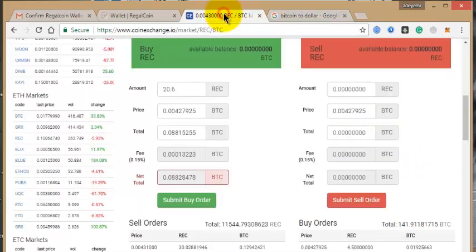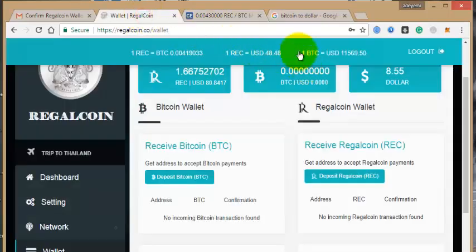1019. It depends on the price of Bitcoin then and the Rega coin, because you might log into your Rega coin, you might not see this price. It might go lesser than this 48, it might be higher than this 48. It depends on the price. You know, this is a volatile stock, so it depends on the price then. So if it is any amount you see there, you just need to divide it by the amount of dollars that you want to invest. Okay, so that's how this one works.